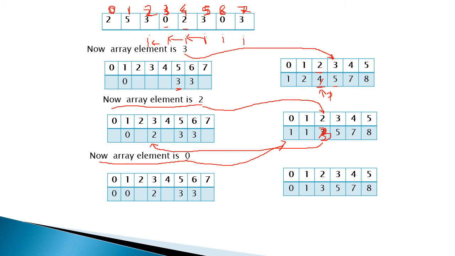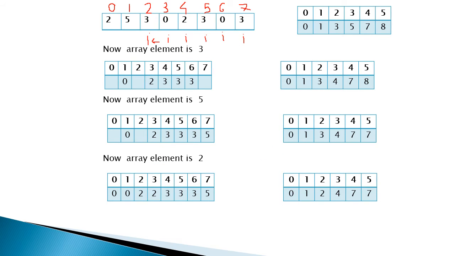In the updated array, on the 0th index the value is what? 1. Then decrement that value by 1, then we get 0. Then store the original value 0 at the 0th index. Our previous updated count array is 0 1 3 5 7 8, and after that